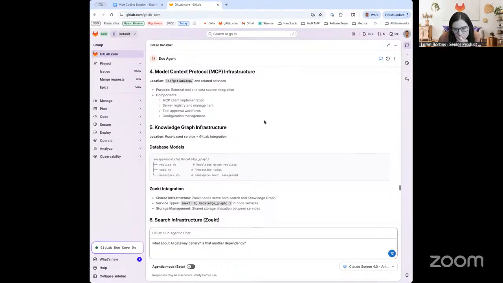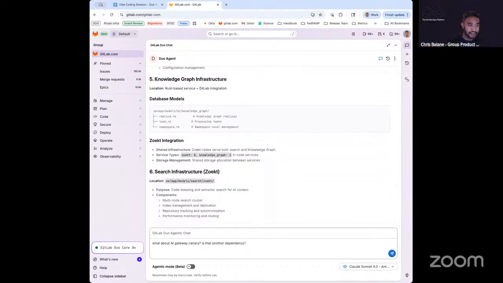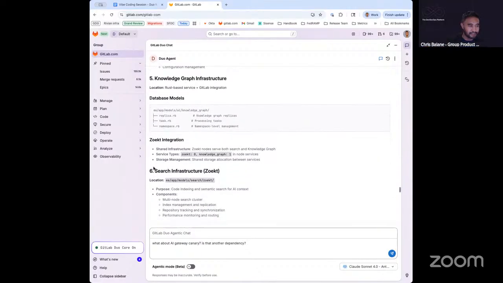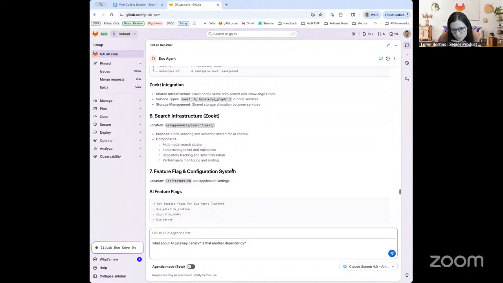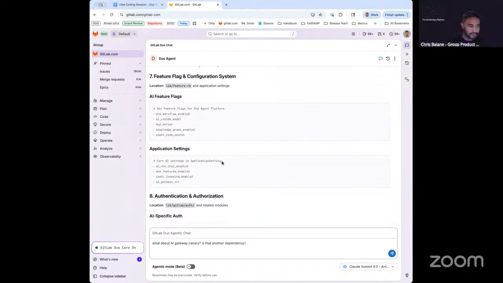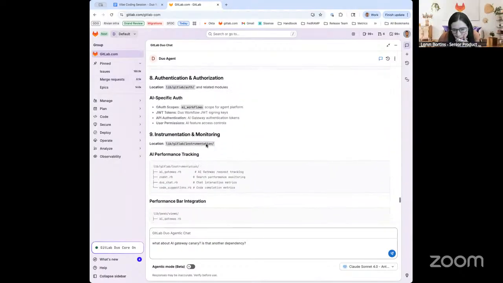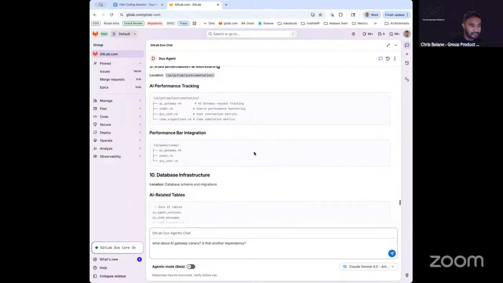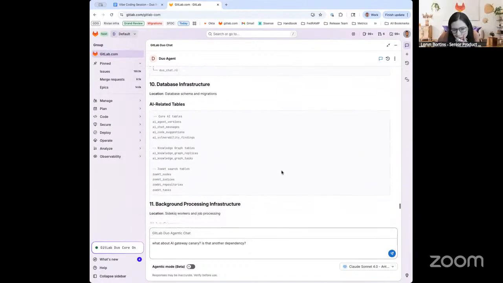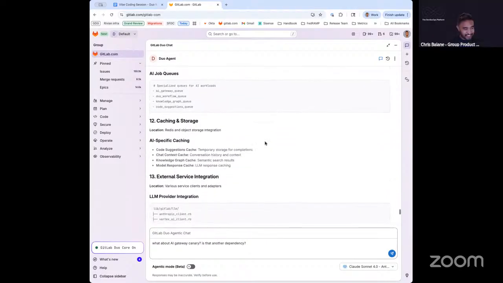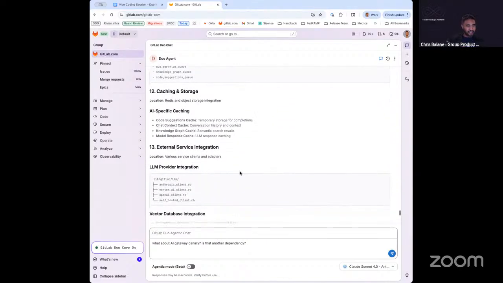This MCP, knowledge graph, and now it's telling me about knowledge graph, which includes Zoot. I guess search again. Yeah, I guess it's all part of all this, Zoot. It tells me some stuff about feature flags, which is interesting and kind of good to know. Instrumentation, monitoring. Oh, it's got all the tables now. But it's still really focused on Zoot and knowledge graph. I bet there's more, and it's hard to tell if there's anything else missing, and then LLM providers and such,